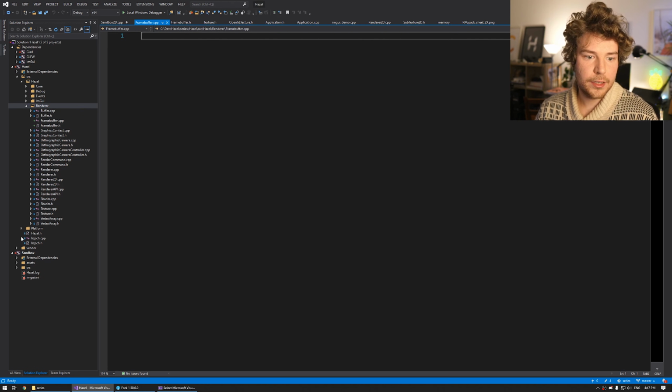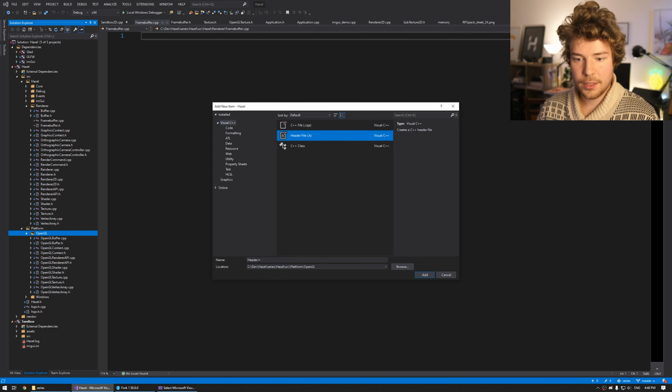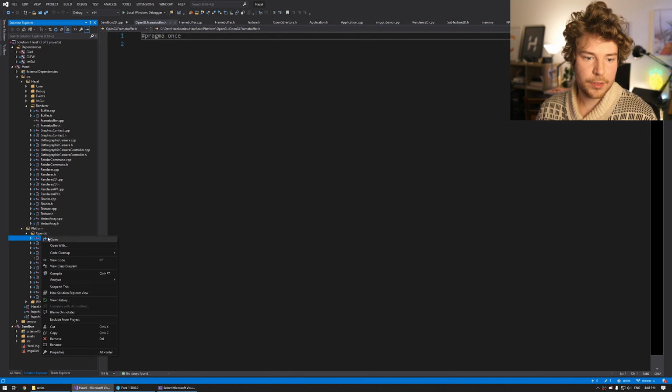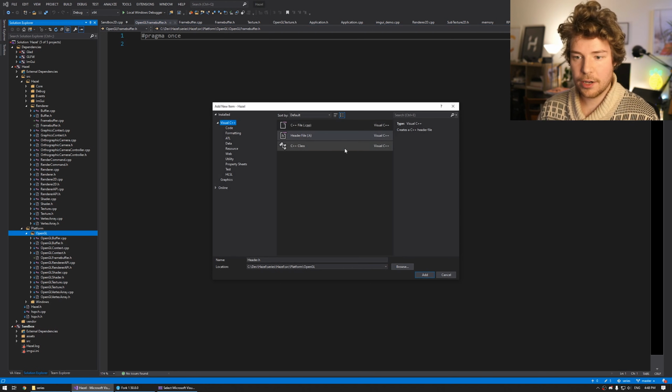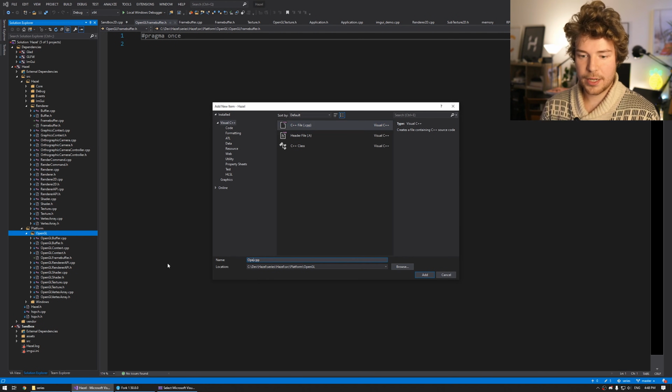And then under platform OpenGL, we're going to make a class called OpenGL FrameBuffer, because we're going to have an implementation for OpenGL. Now, a FrameBuffer itself can have a lot of